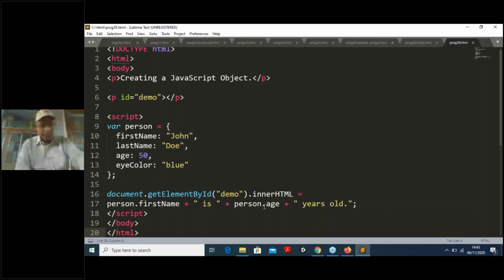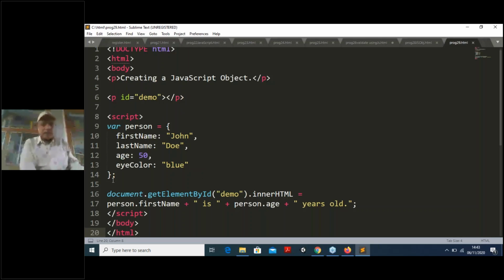What is the person age? So it is coming 50, 50 years old. So you see, you are giving the illusion that you are using an object here. It is not exactly an object. You are giving the functionality of what an object does in Java. The similar job is also done by simply creating a small variable person, providing all this in the syntax and calling it here in this manner.